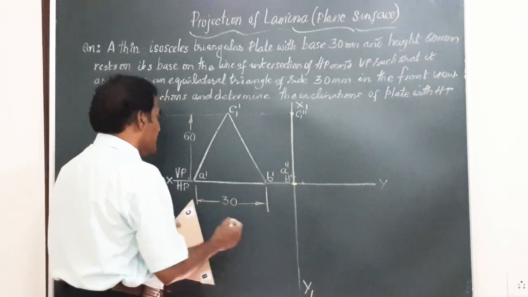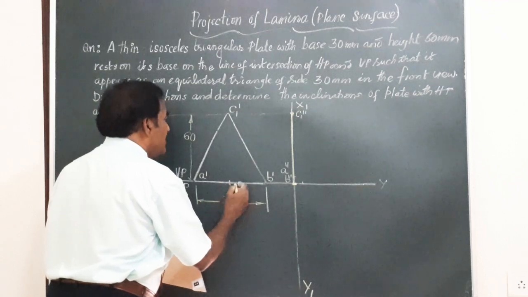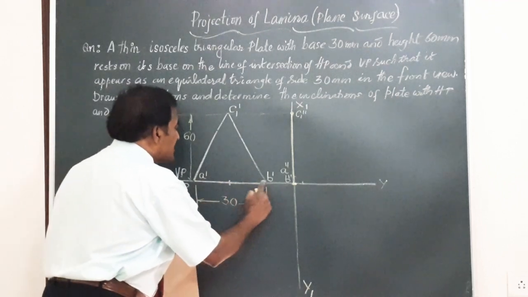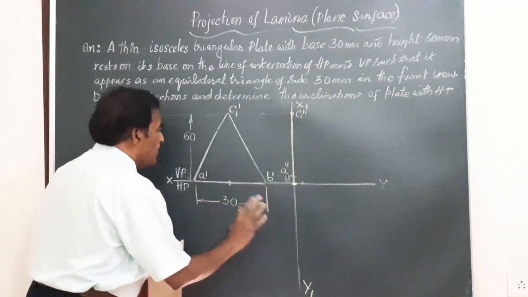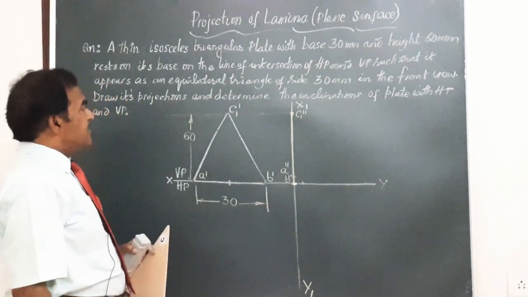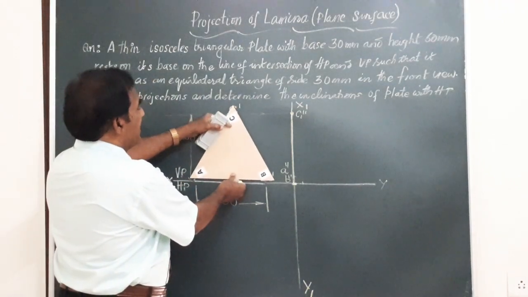And I told you, you are going to get the top view here itself. This center point is going to be initially. So initially this line will represent the top view, which I am not going to mark here just to avoid confusion. Friends, now when does this lamina become an equilateral triangle?